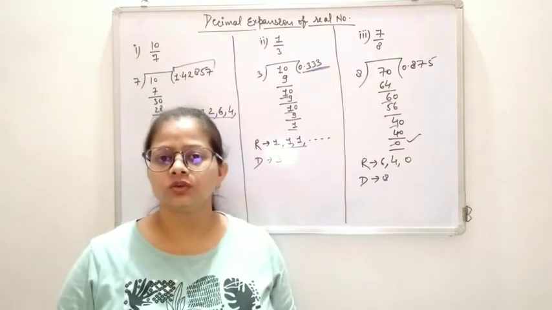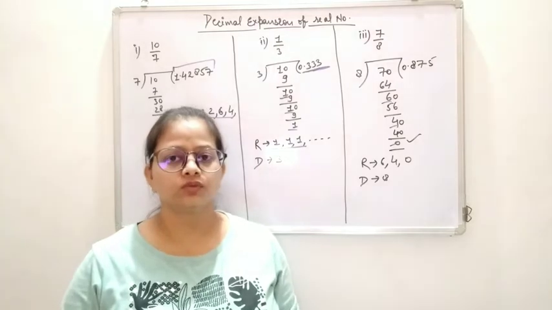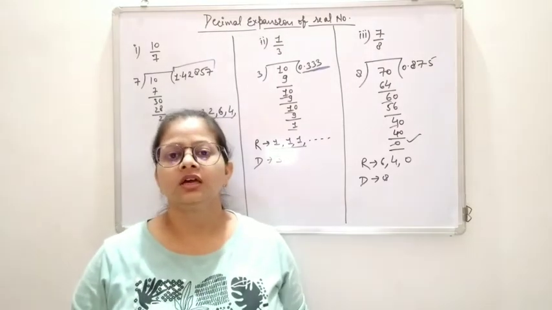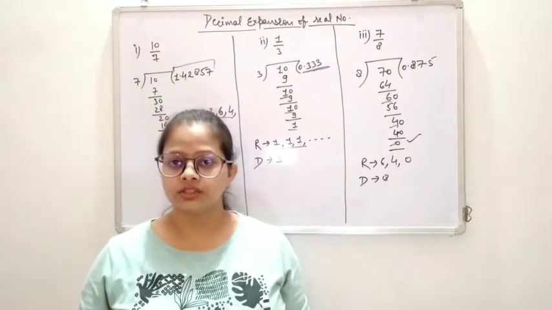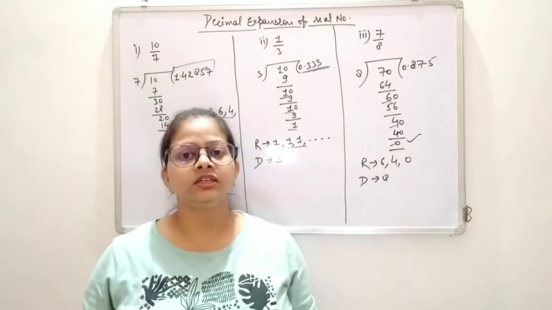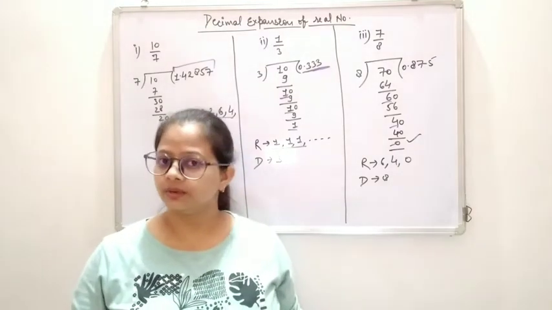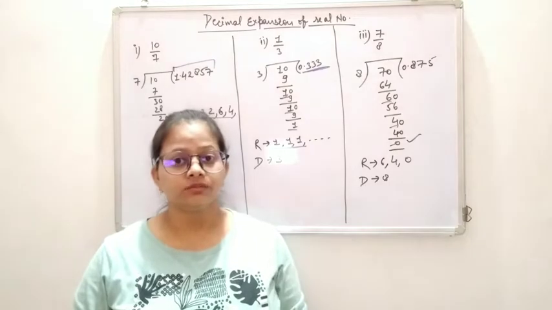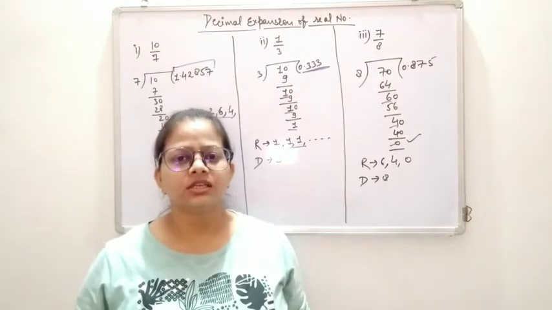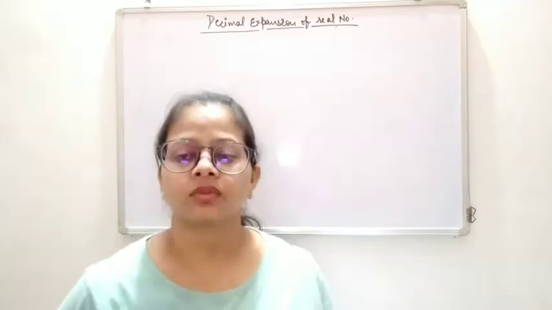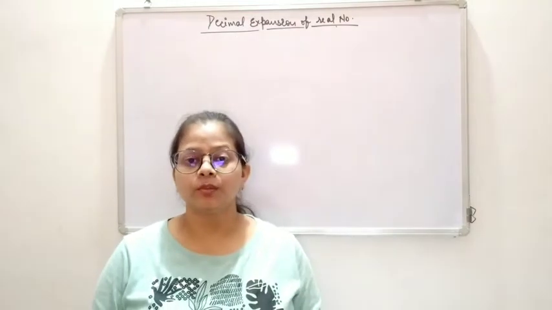You also notice that this condition will be true only for rational numbers, right? So on division of rational numbers, there are mainly two things that happen: either the remainder becomes 0 or it never becomes 0, right? Let's understand each case separately. Okay, so let's talk about case 1.